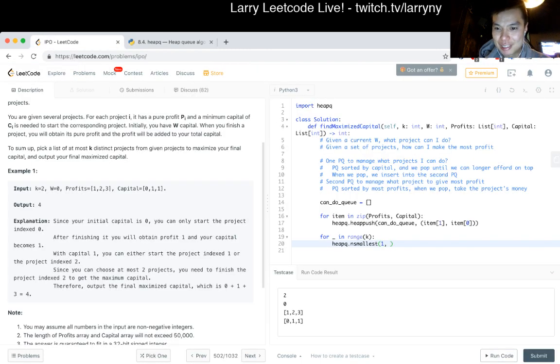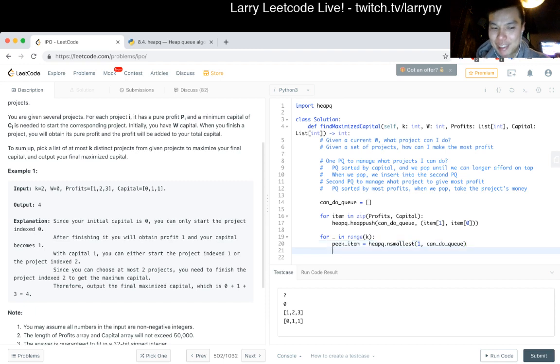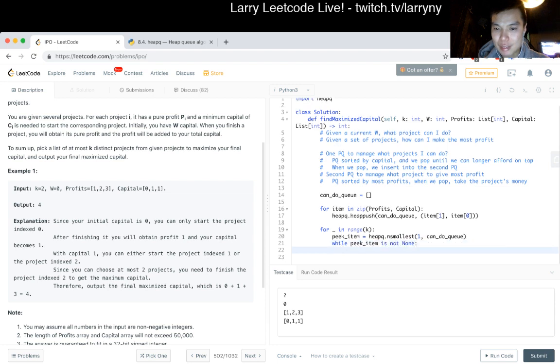One and q, peek item. Wait, did I spell peek wrong? Nope. I mean, maybe still yes, but okay. So look at peek if... this should probably be a statement somewhere. Item. Peek item.